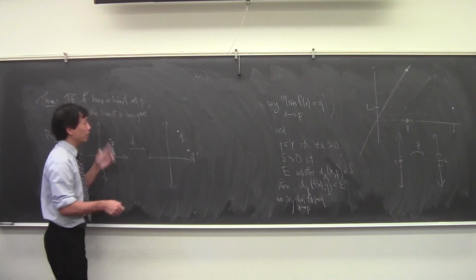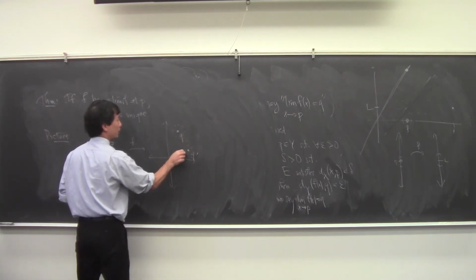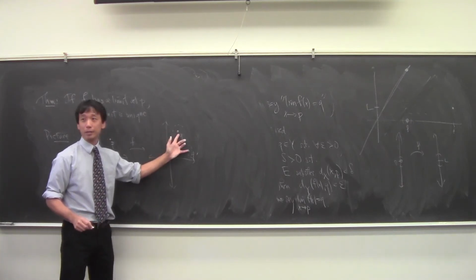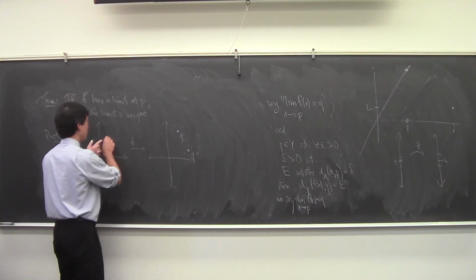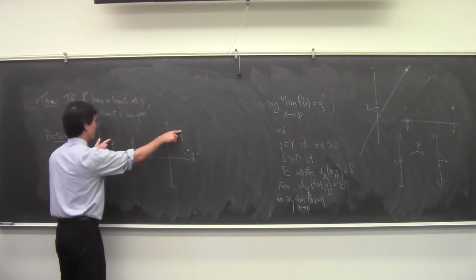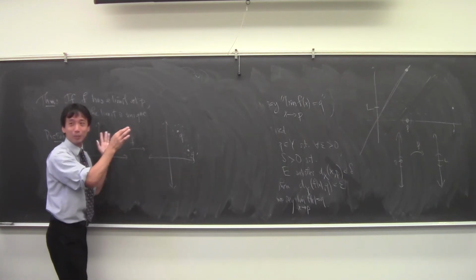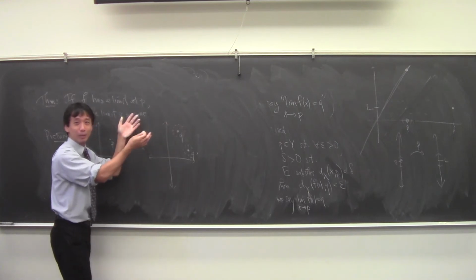Okay, so what I'm going to do is take tolerances that are so small that they don't intersect, right? And then I'll say, since this is a limit, I can make all the values around here within that neighborhood, and all the values in here will be within that neighborhood. But that's impossible, right? How could they be in both of these neighborhoods which don't intersect? Then there would be no values. Then you have trouble.